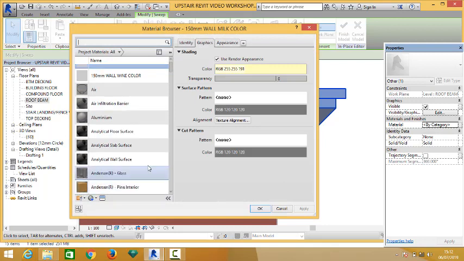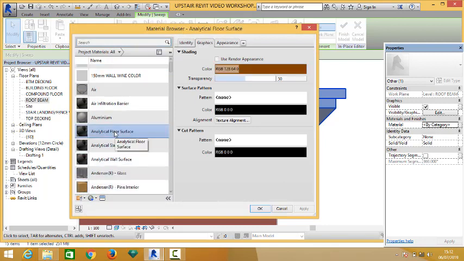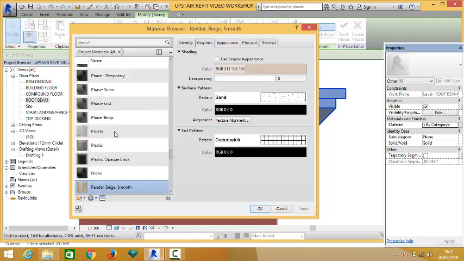If you want to know about material creation, then you watch the video on the ground floor modeling. We created materials severally there. You will see all the steps to create materials right there. So all I need to do is to